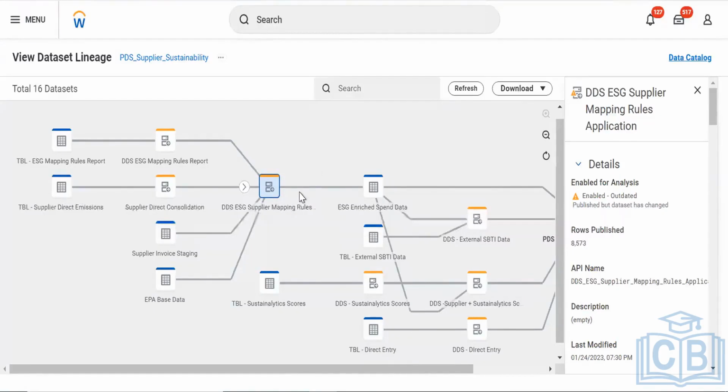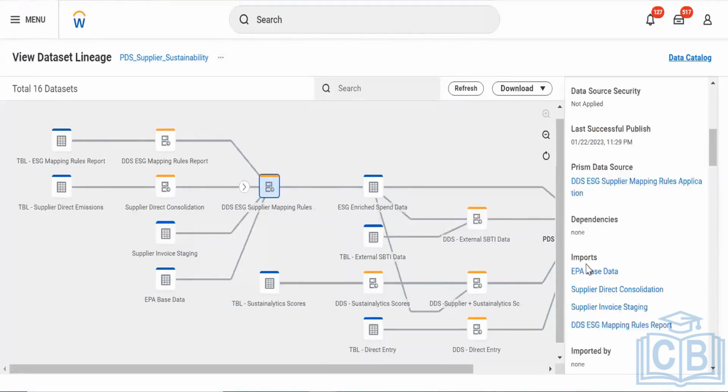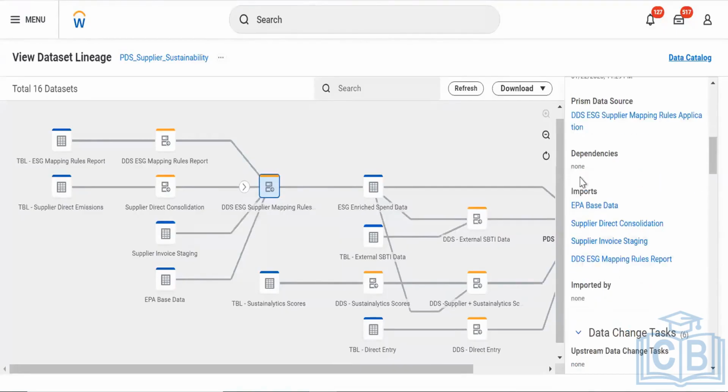It will give an error that this table or data set has a dependency on another object. If you can see here, when I click on it and scroll down, I will see the imports. The dependency is imports and data here.